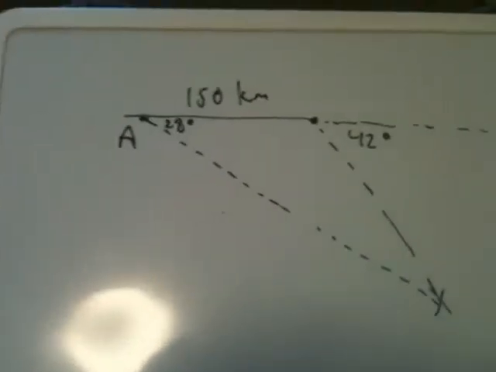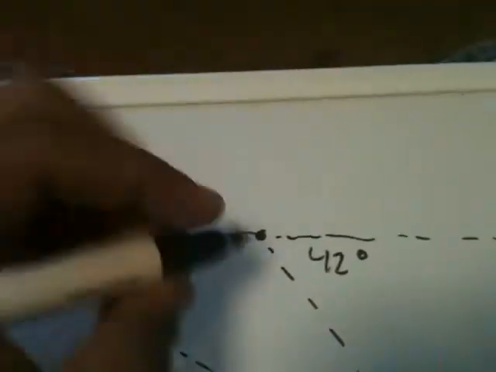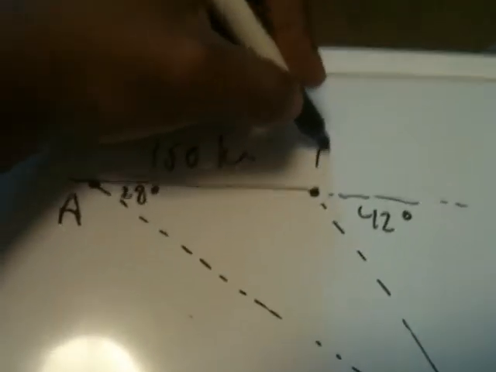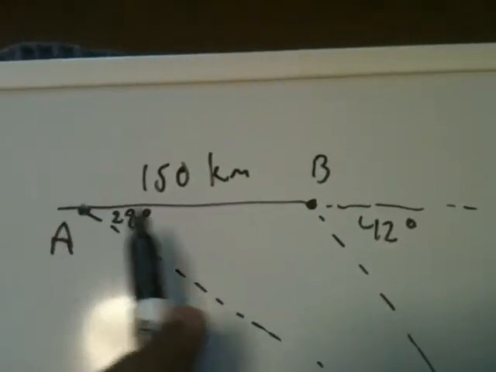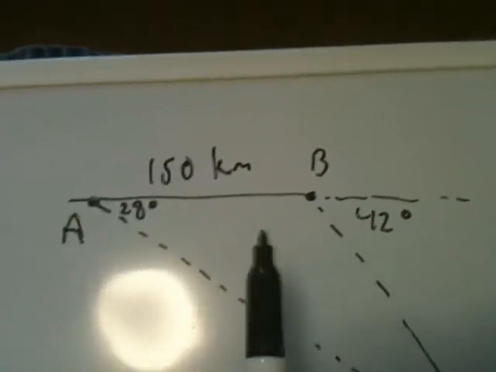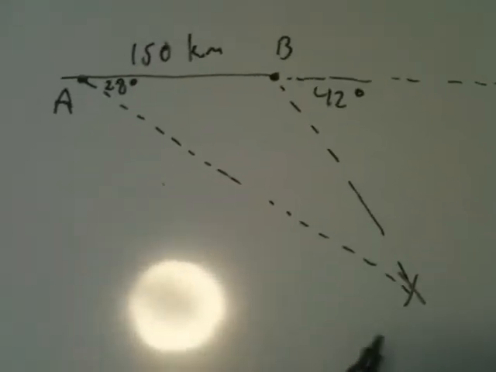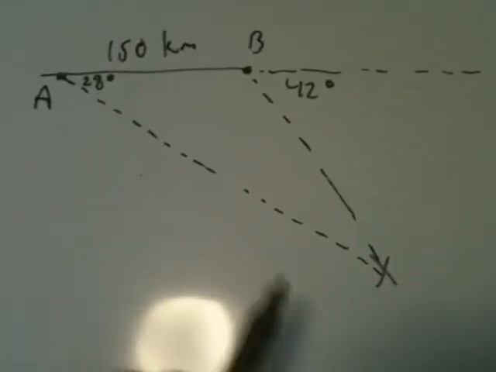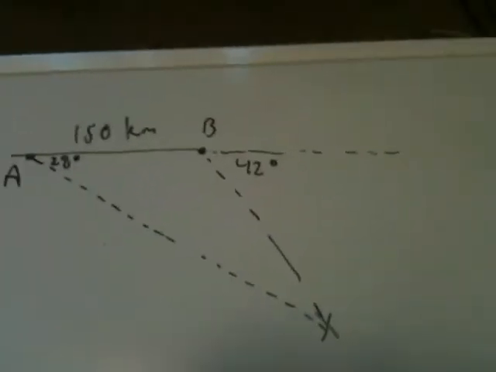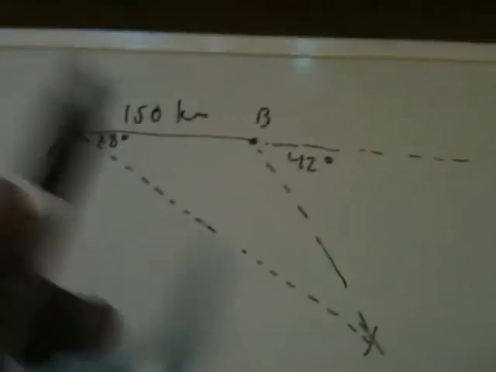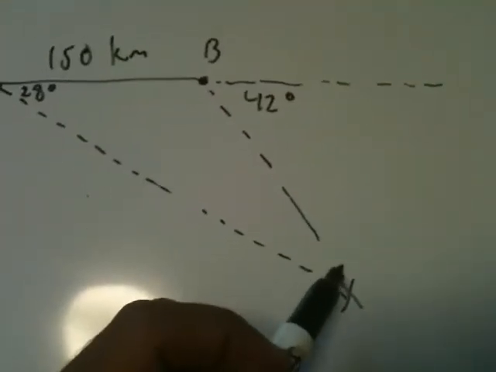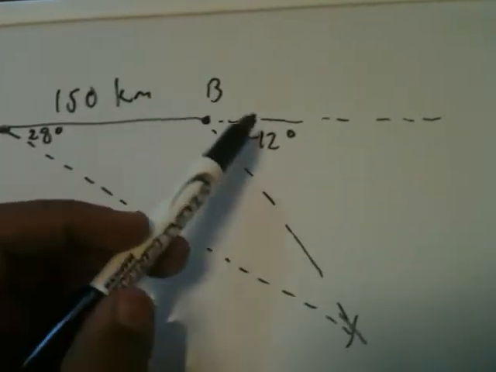And then when Luke moves forward 150 kilometers, I'll name this point B. When Luke goes forward 150 kilometers, he still has not passed the target, which, if you haven't seen the movie, is in Episode 4, A New Hope, the first Star Wars film. It's actually a small hole that Luke has to shoot in, but that target is now sighted at a 42-degree